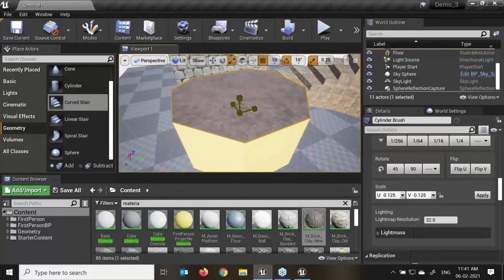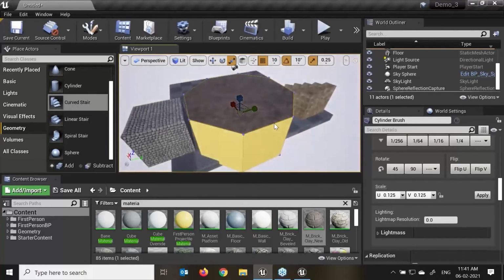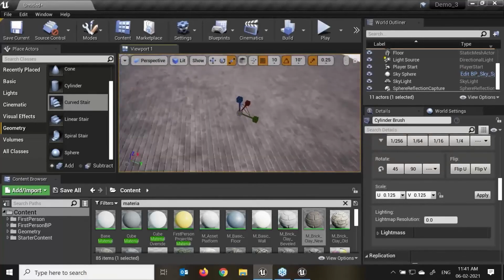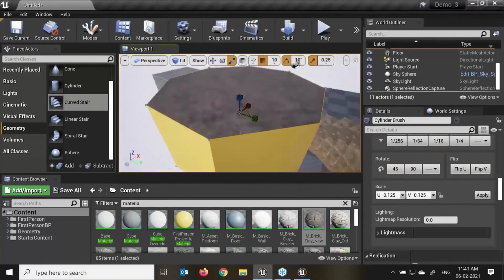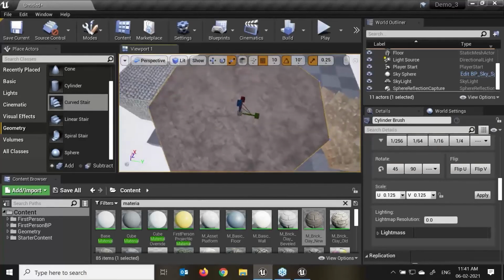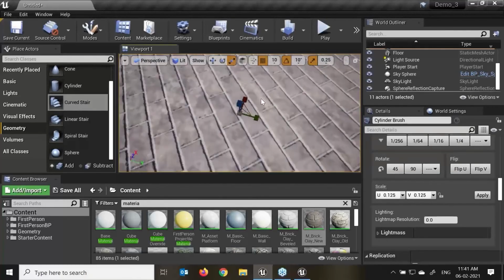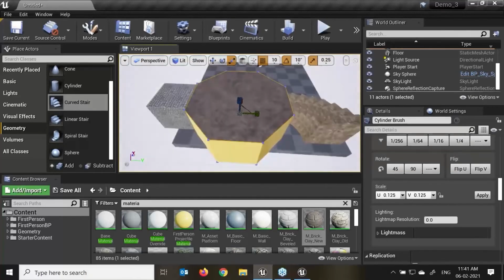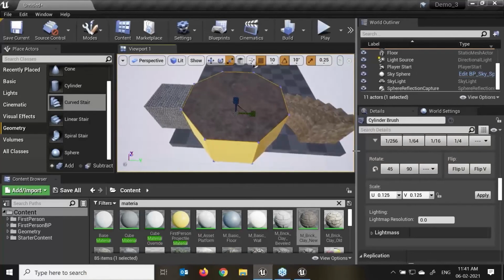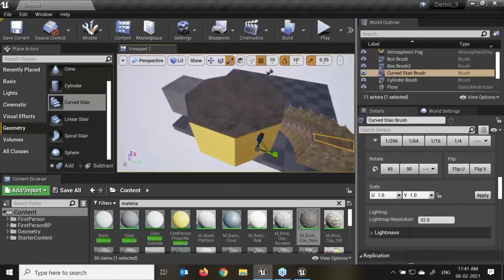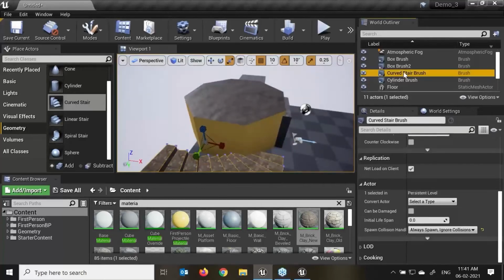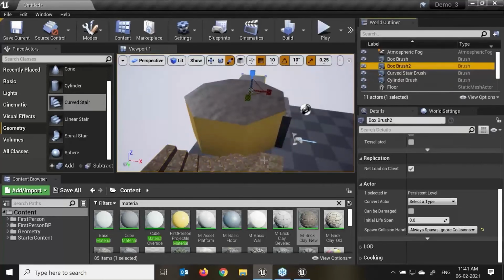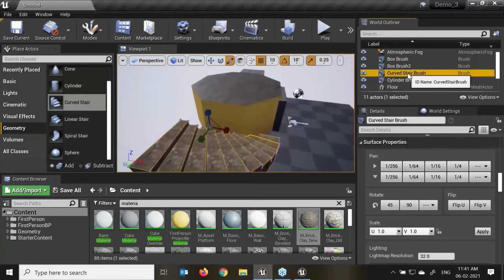Now again, if I scale to a bigger size, you can see my tiling remains the same. This will automatically adjust as per the scaling. This is normal. Again, in the BSP, if I select or click any object, it will select that particular face. If I press the up arrow over here and select this part of my object,